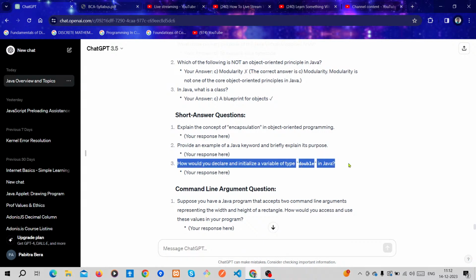How would you declare and initialize a variable of type double in Java? Declare and initialize.